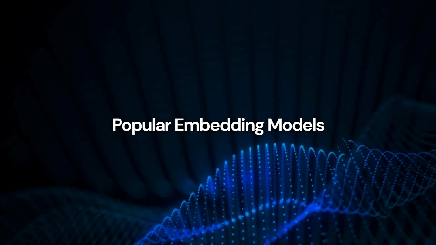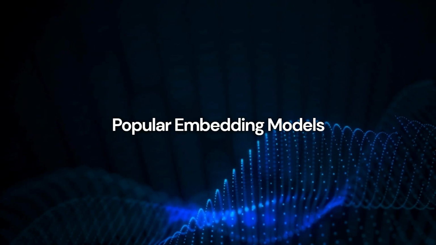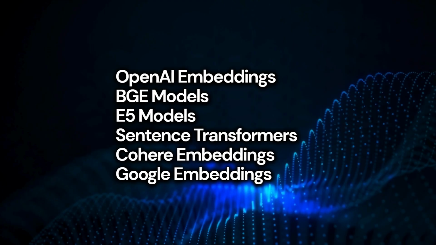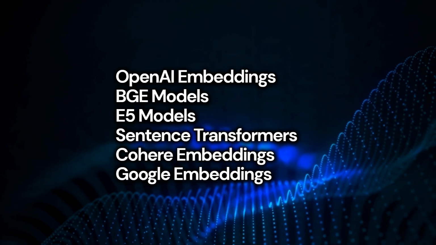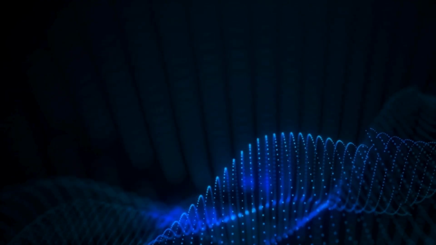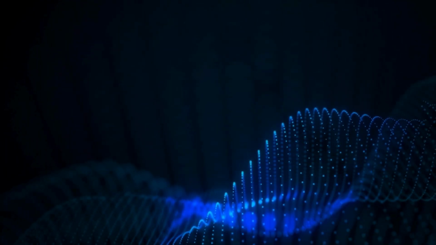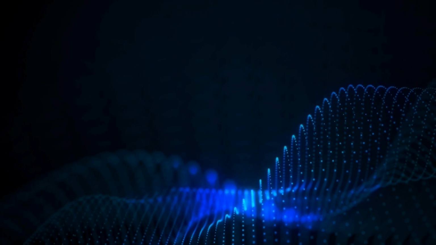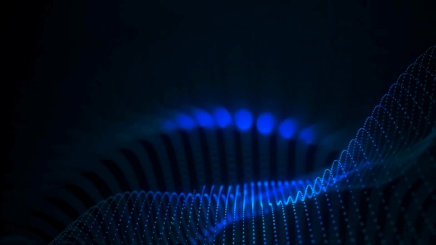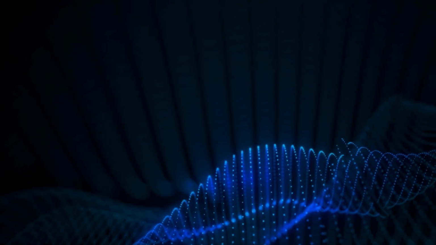Popular embedding models today: there are many embedding models. Examples include OpenAI embeddings, BGE models, E5 models, sentence transformers, Cohere embeddings, Google embeddings. The model converts every chunk into a vector. Then these vectors are stored for retrieval, which brings us to the next step, step 4,